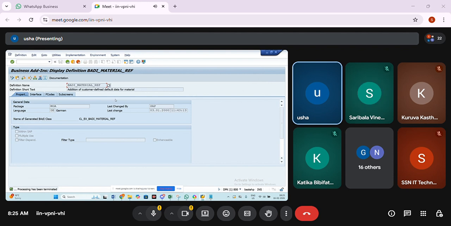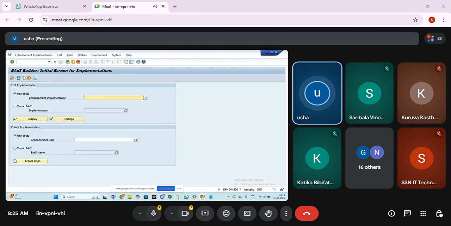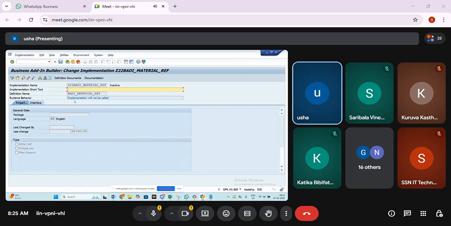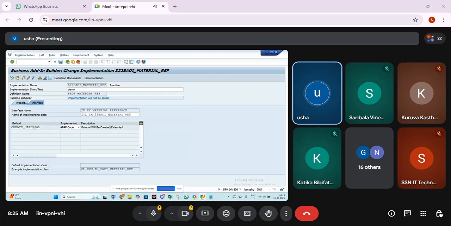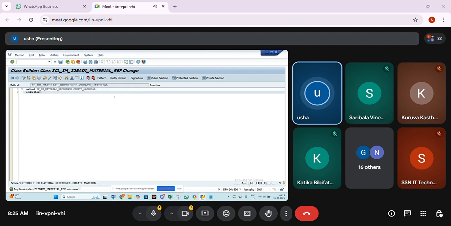Yes, ma'am. So this is the finding step. How to implement? SE19 is the T-code where we are going to use create implementation, and you can use Z, any implementation name, and then just go to the interface method, double click on the method. It will take you to that implementation interface name till the method name.